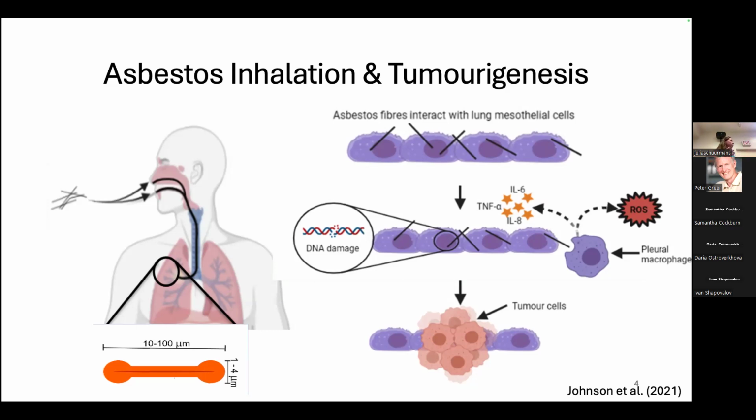Then over time, which largely explains the 20 to 30-year latency that we see with this disease, these asbestos fibers travel further and deeper into your tissues through all the layers to eventually get to your pleura, where they settle and impale the mesothelial cells that make up your pleura. Once they've impaled the mesothelial cells, they cause cell damage, which promotes macrophages to come to the site and try to clear the asbestos. They are also unable to clear it, which leads to the promotion of inflammatory mediators and results in DNA damage. All this together then leads to tumor formation.